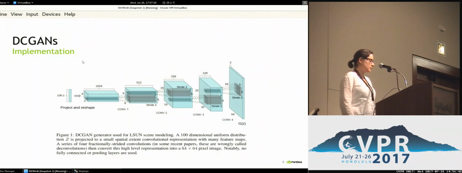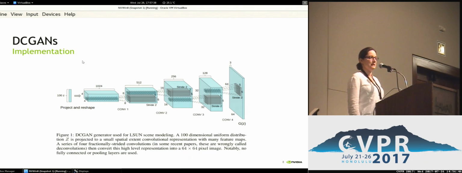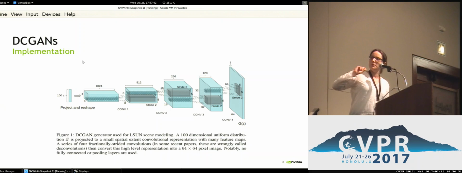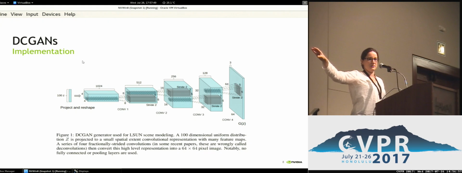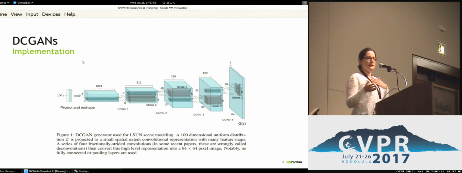So this is what the structure looks like. If you've been doing deep learning, it's a relatively shallow network. It's not too big, right? I just want to attract your attention to the fact that the size of the image you're going to be generating is actually the size of the last layer. So, a relatively simple, small CNN, two CNNs to train at the same time. Sure, shouldn't be a big deal.